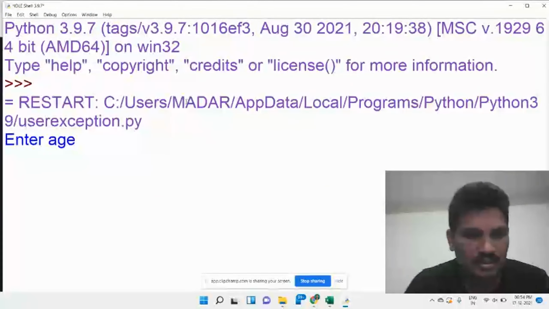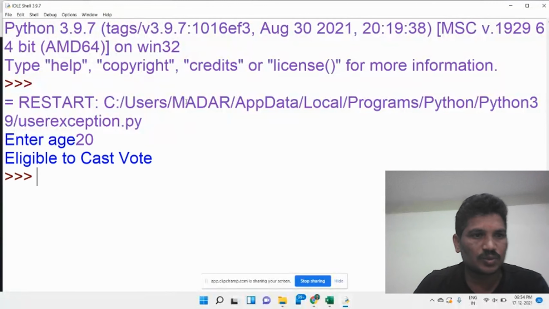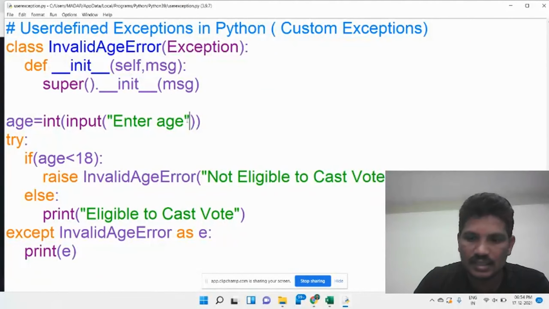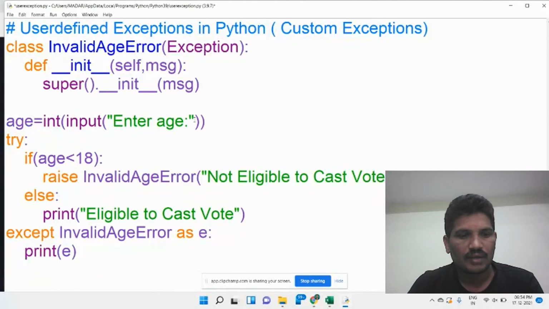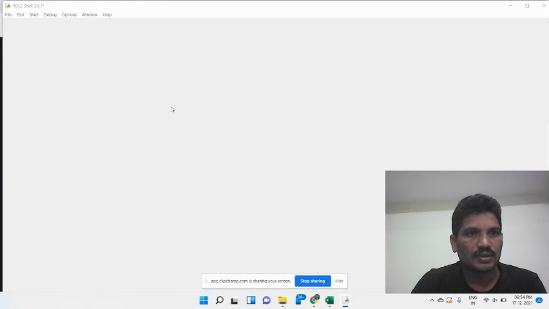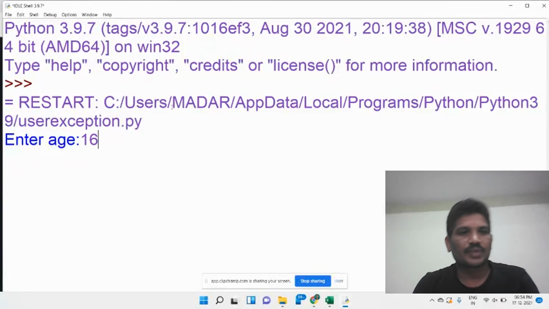Enter age, I would like to give age as 20. What is the output we got? Eligible to cast vote. Then again I would like to read the input, for example, age 16.